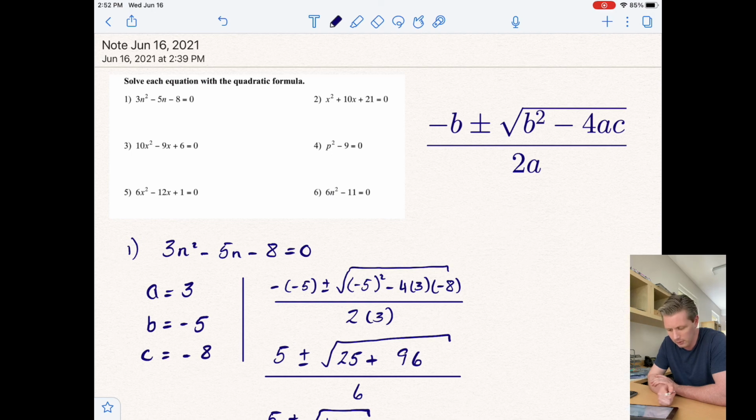And similarly with question number 6, there's an n squared and then there's a negative 11, but that middle term with just n is missing. That's okay. What that means though is that your b is 0. So just proceed, maybe use the quadratic formula and just have b equal to 0. In question 4, your a will be 1, your c will be negative 9. You can work through it and you will come up with 2